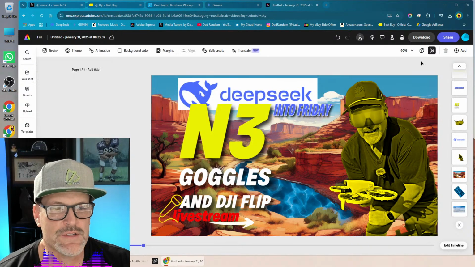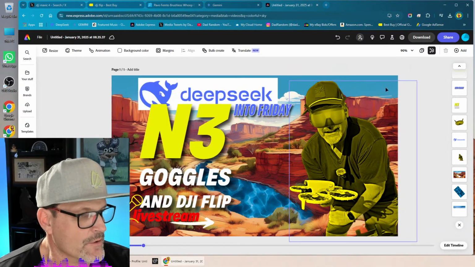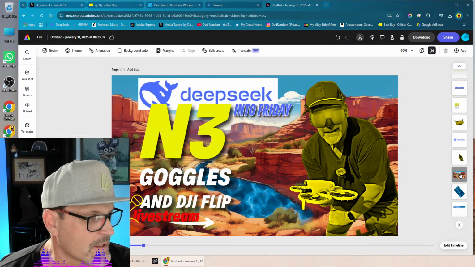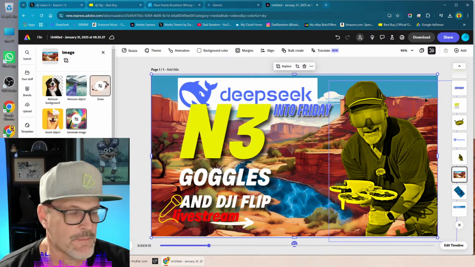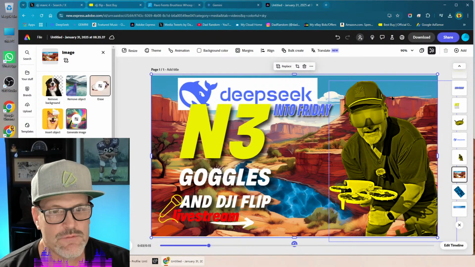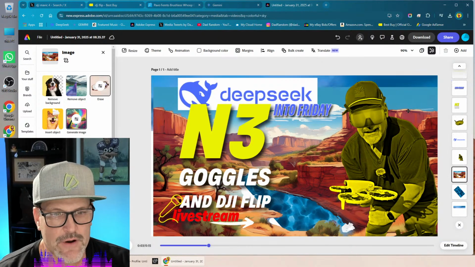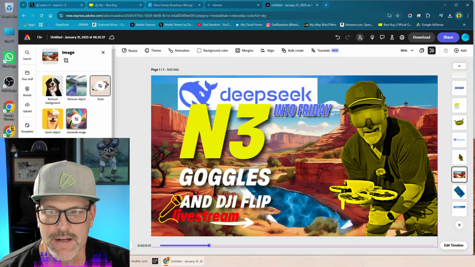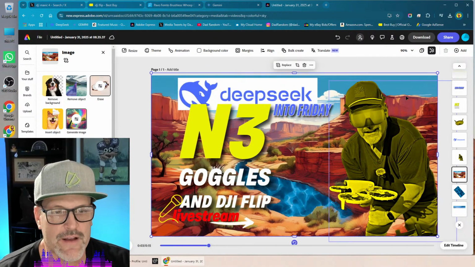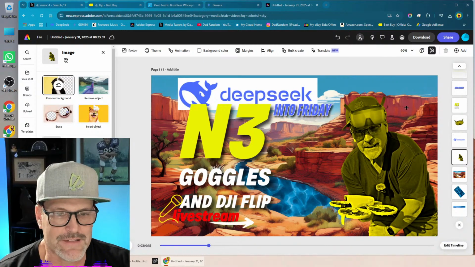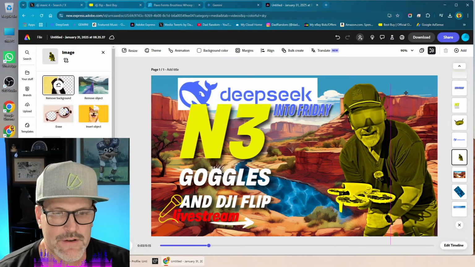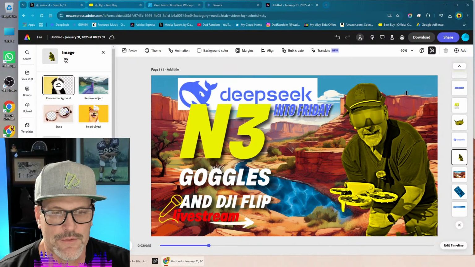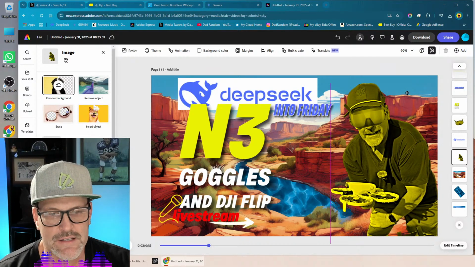Now is where I have to erase part of this layer. So I have to get into this layer right here. This is basically an AI created image layer, and this is where you've got to mess around. You see that layer behind it? I've got to get myself out of the way. You can see I've got goggles on, so I've got to play around with other things. This is where it takes a little bit of time.